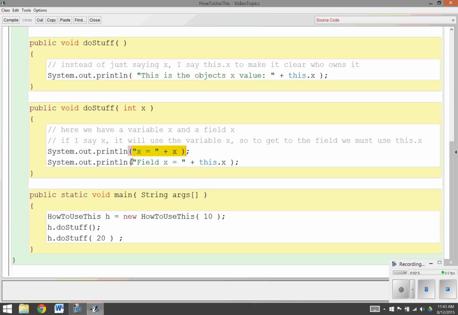h dot doStuff 20, 20 sent here. So this is 20. But this prints off its field, this dot x. This dot x refers to h's